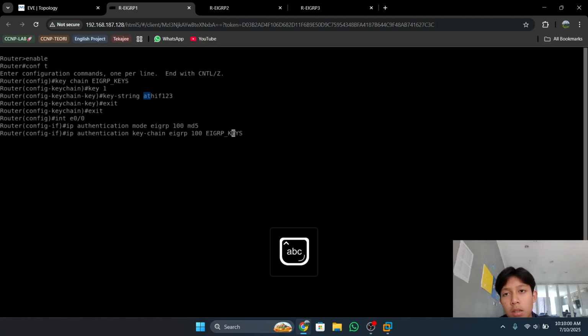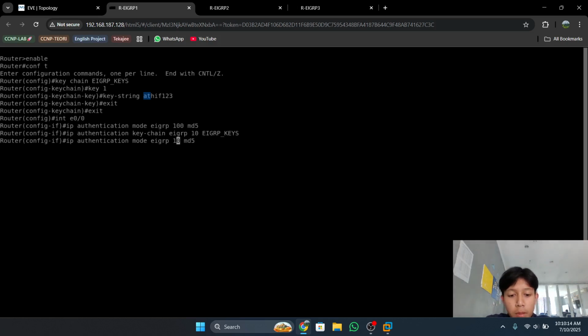Or, if before we used EIGRP 10, you can use EIGRP 10. Because before I used EIGRP 10, I will delete the 100 and change it to EIGRP 10.